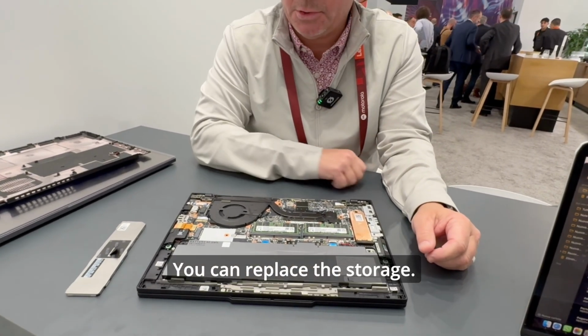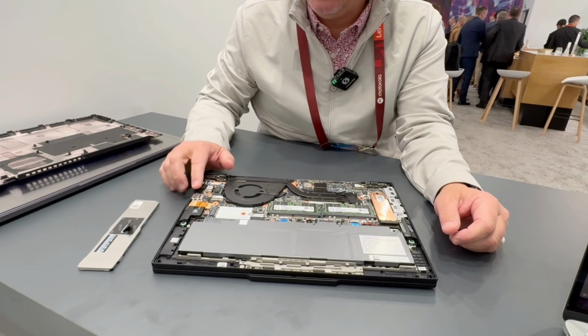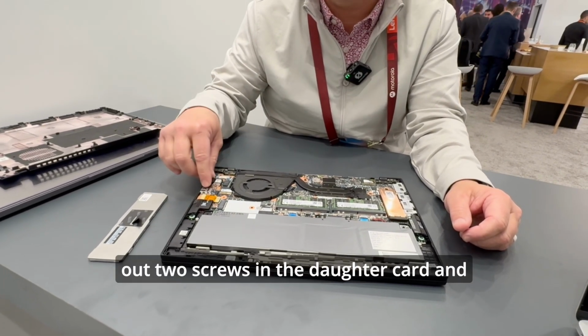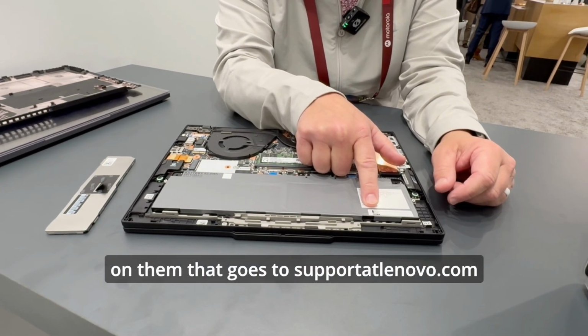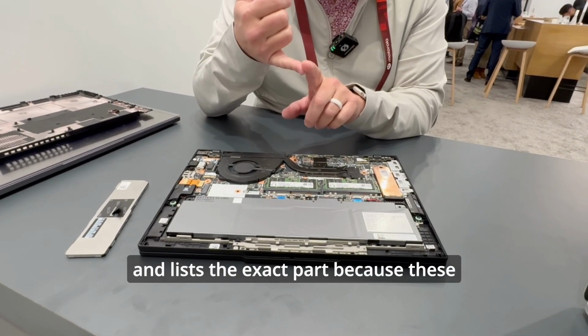You can replace the storage. If you have an LTE WAN card, you can replace that. Even the RJ45 Ethernet port, you can take out 2 screws in the daughter card and replace that quick and easy. All of these parts have a QR code listed on them that goes to support@lenovo.com and lists the exact part,